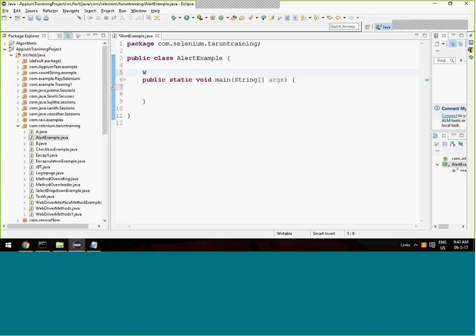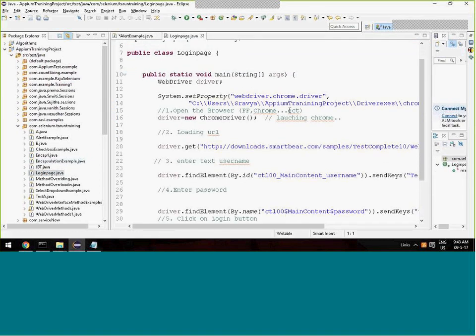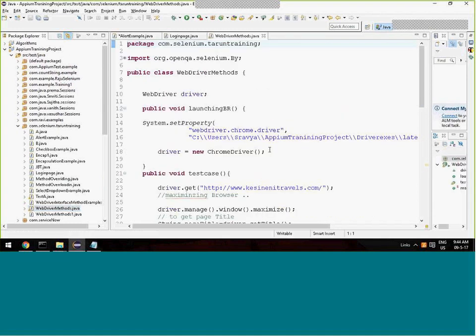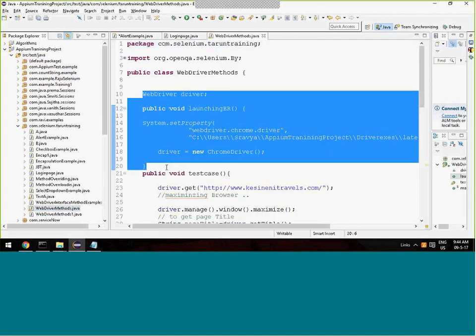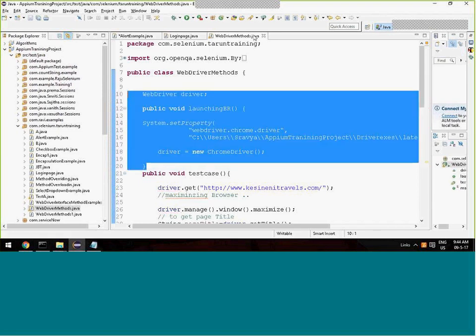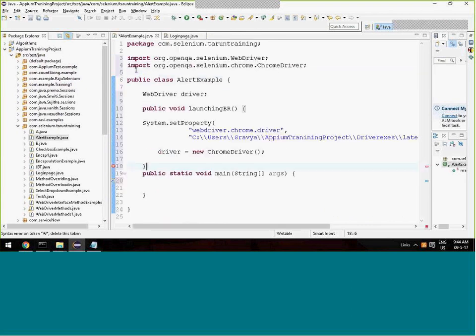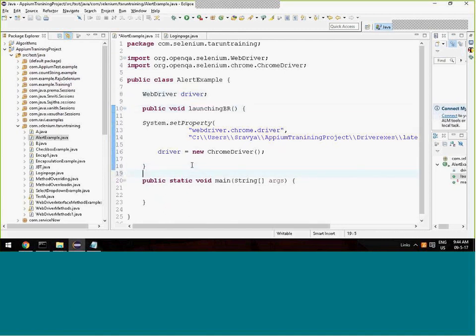And suppose I copy that and do this here. Launching the Chrome driver. Okay. So WebDriver is small driver, launching the Chrome driver. And now